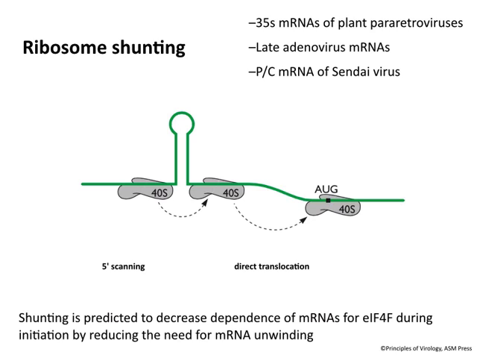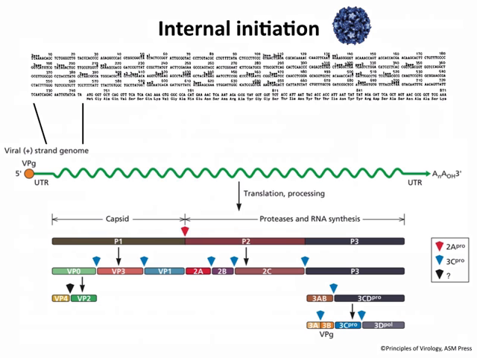So this has been found to happen in a number of viral mRNAs that are shown in the upper right. The plant pararetroviruses, those are the cauliflower mosaic viruses that have reverse transcriptase we talked about last time, adenoviruses, and a virus related to measles virus. They all do shunting. And this has been found in cellular messages as well. So discovered in viruses, now we know that cells do it.